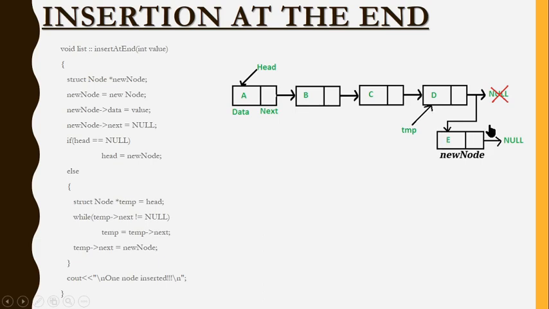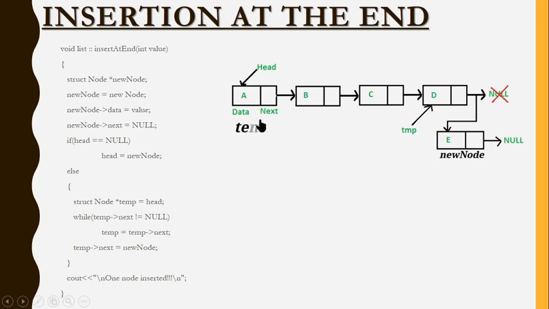Remember what I said? I have a name for this node, but I don't have a name for this node. So I have to introduce something called temp. If you are introducing any variable, remember it should be a pointer. Look here, struct node star, pointer name temp, like how we created over here. Whenever you create any pointer, use struct node star and the variable name. So where are you going to assign this temp? Initially, I'm assigning it to head. So this head node is assigned as temp now. Here the same node is called head and the same node is called temp.